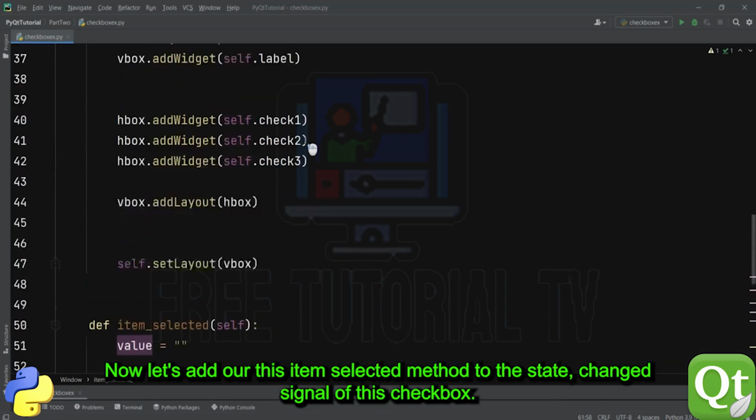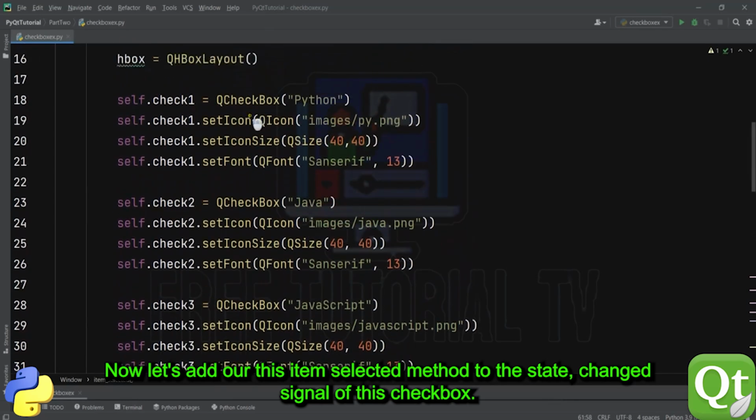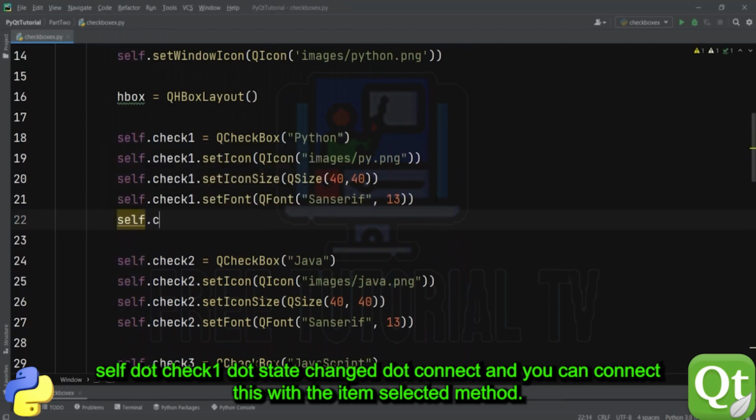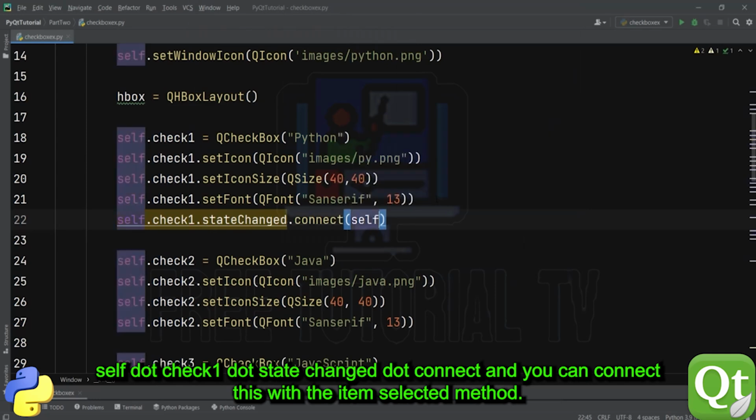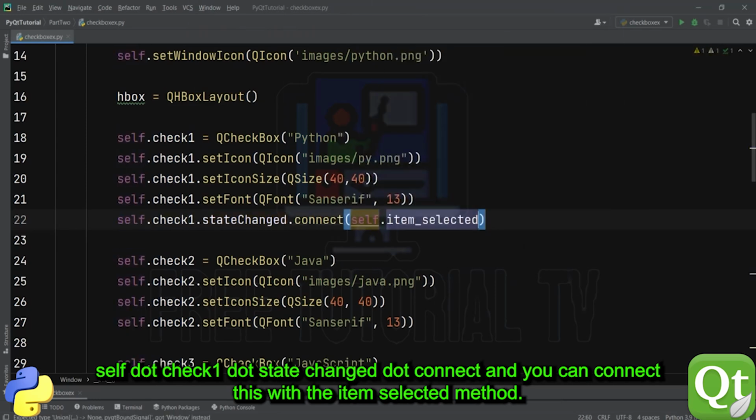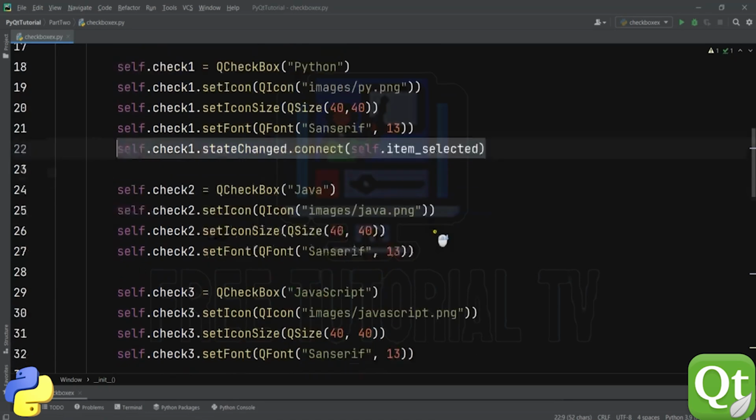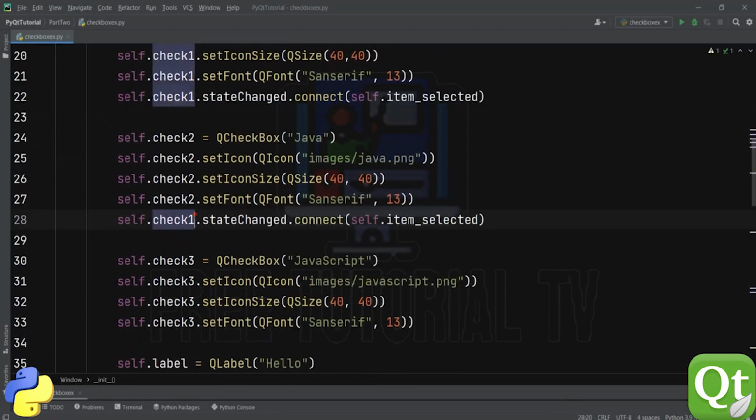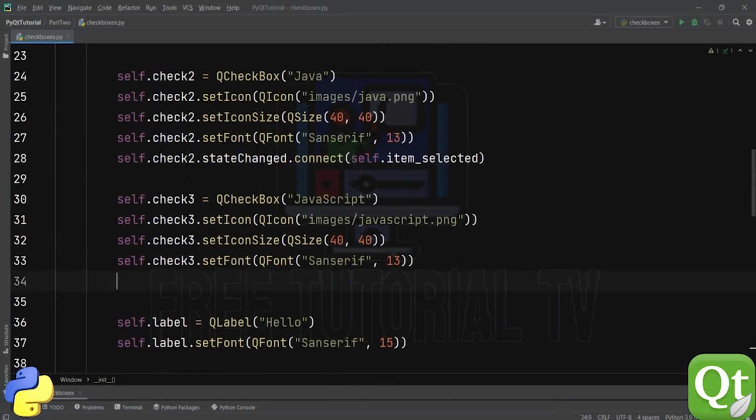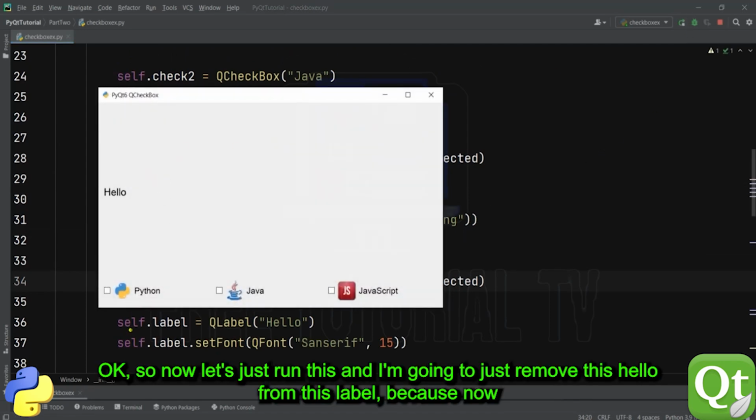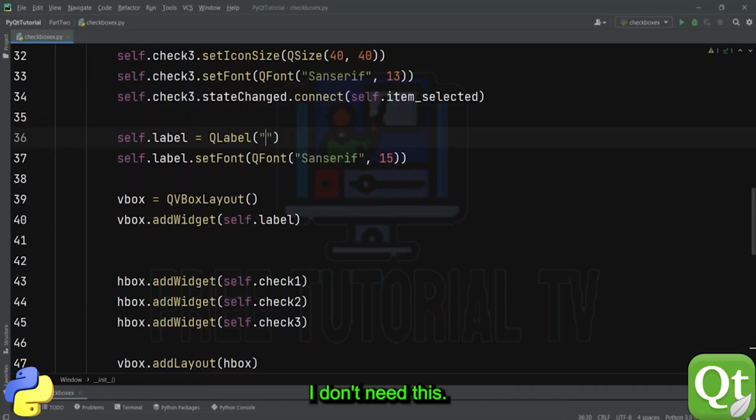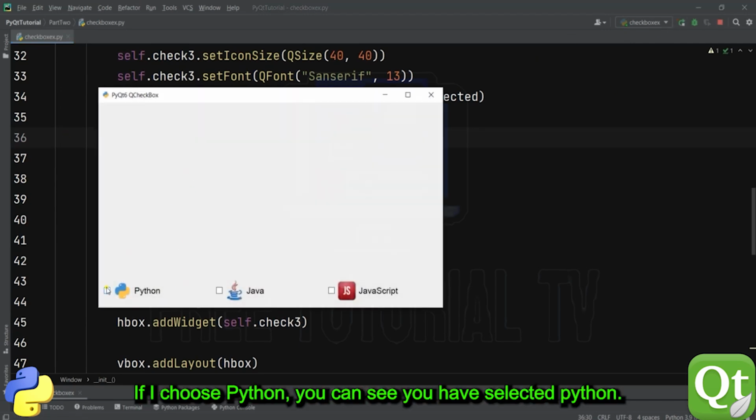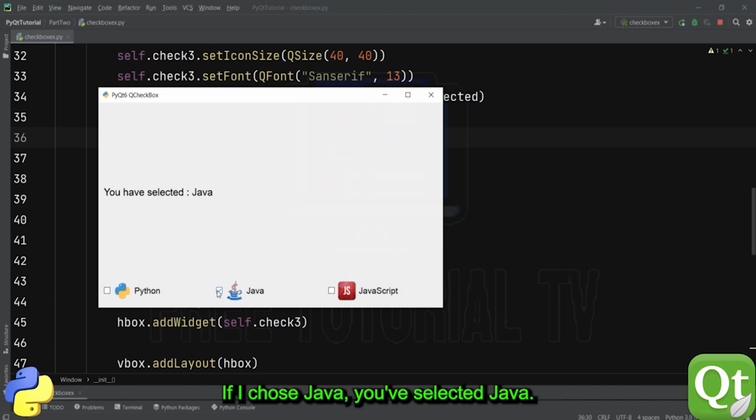Now let's add our item selected method to the state change signal of this checkbox. So self.check1.stateChanged.connect, and we can connect the self.item_selected method. Okay, and copy and paste this for checkbox 2, the same for checkbox 3. Now we can just run this, and I'm going to remove this hello from the tab level, because now I don't need this. And you run this and then say Python, selected Python, Java, selected Java,